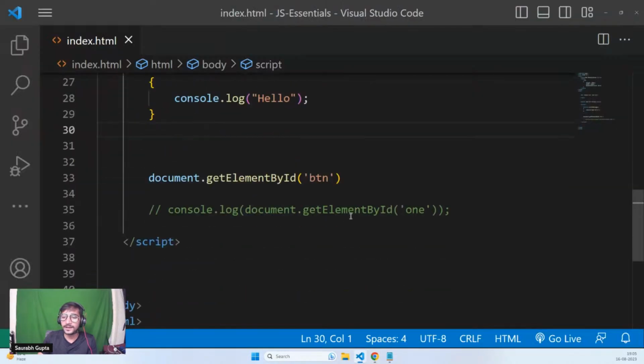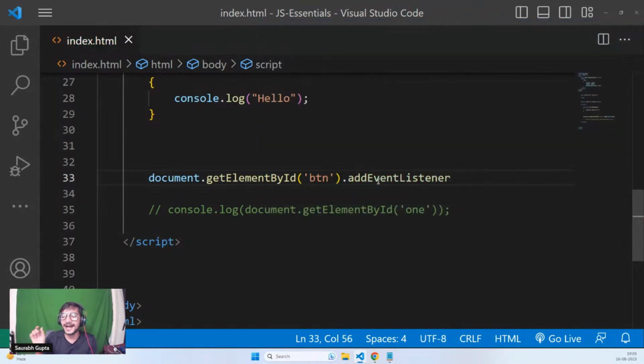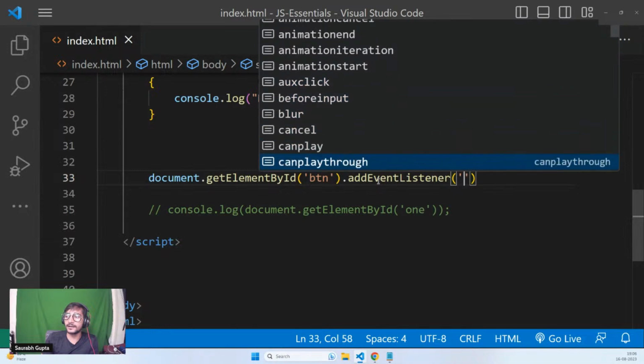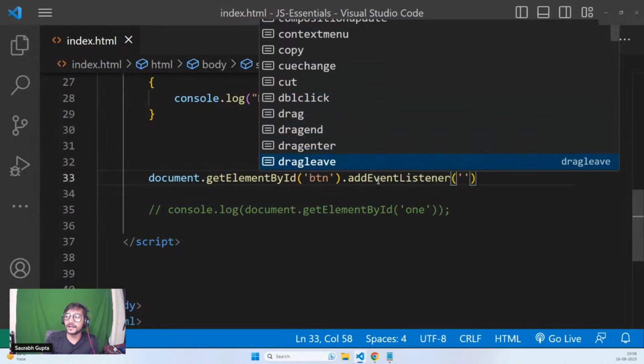And to add an event, it's very simple. Just go ahead and do dot addEventListener. There is a function called addEventListener. So whenever you want to add an event on any particular element, select that element, then dot addEventListener. Inside this, pass two parameters. First parameter is what is the event. Now there are various events. The first is click, but there are various events available. See, abort, animation cancel, blur, can play, change, click, double click, everything is there. See, double click, drag, drag end, drag enter. A lot of things are there. Okay, but